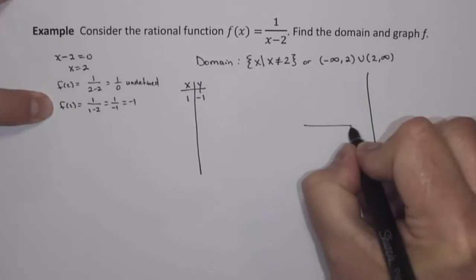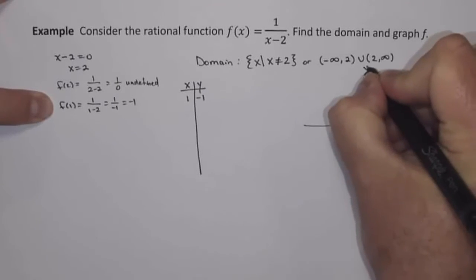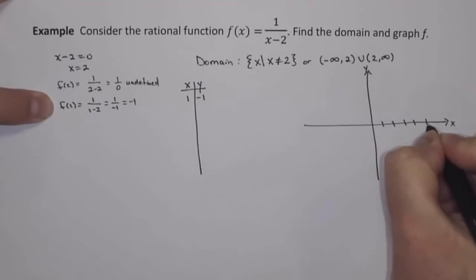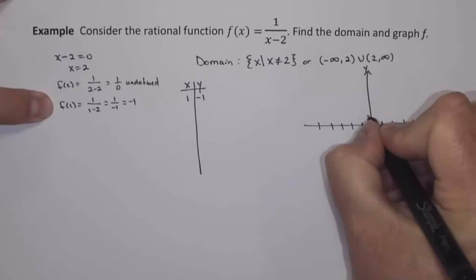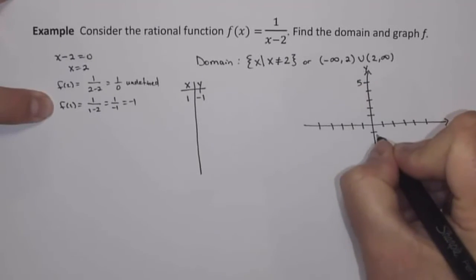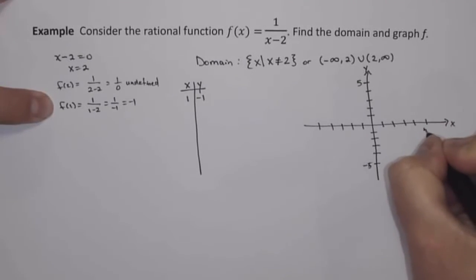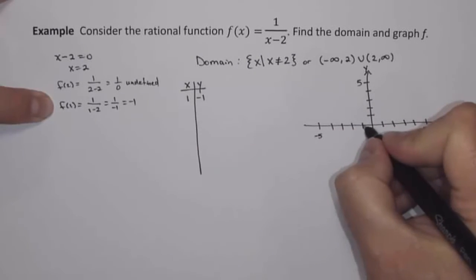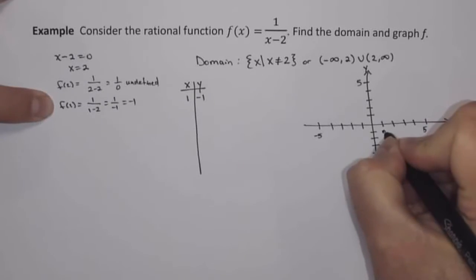So if I draw my x-axis and my y-axis, and let's say here's 1, 2, 3, 4, 5. Here's negative 1, negative 2, negative 3, negative 4, negative 5. 1, 2, 3, 4, 5. And negative 1, negative 2, negative 3, negative 4, negative 5. Let me label here. So we have found that the point 1, negative 1 is a point